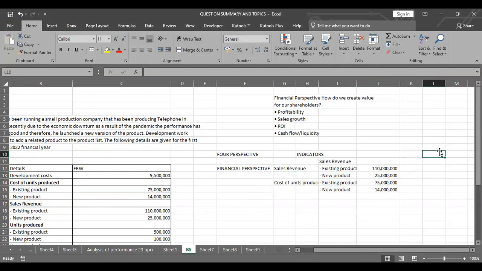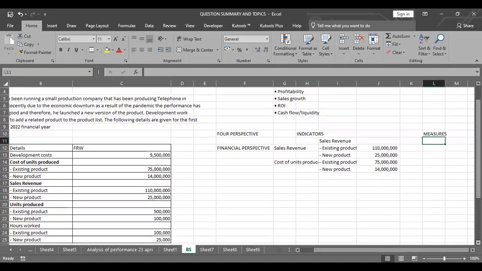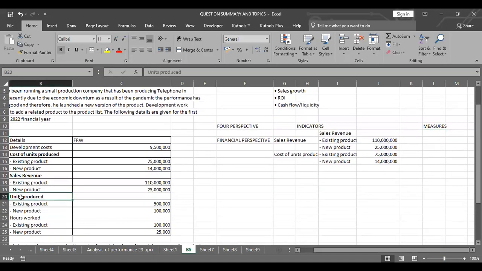So what am I going to measure? Here, I'll put the measure later. Let me put the measures here. So the measures, I could measure from these two components. You may notice, let me see the other ones, units produced. That one could be internally how they are working hard, that could measure efficiency and usage of resources and other things. So it could be an internal perspective, if I may relate it to that. Hours worked could be efficiency cases, which could be internal business perspective. So the measure is this for financial basis.